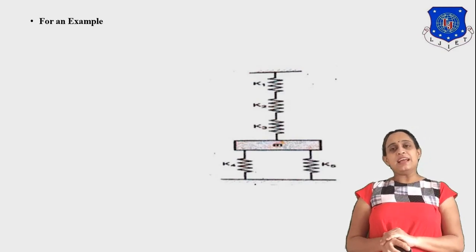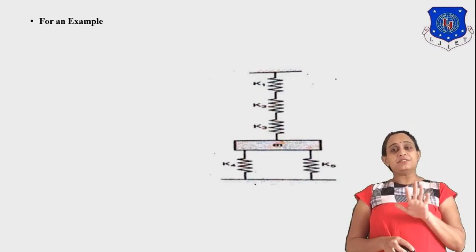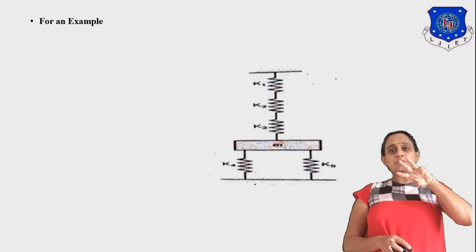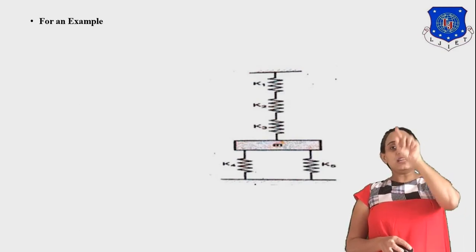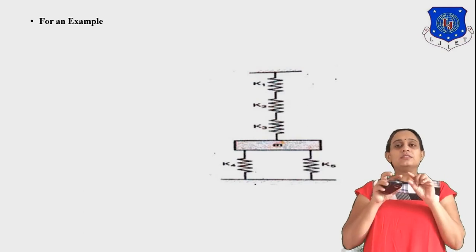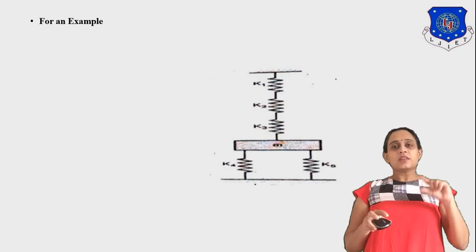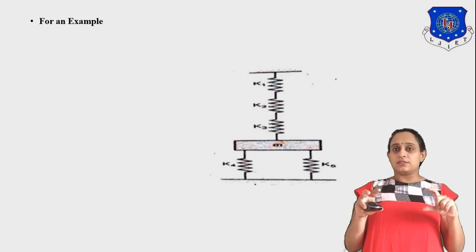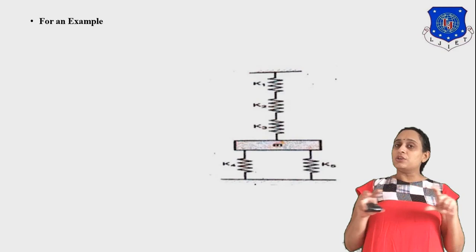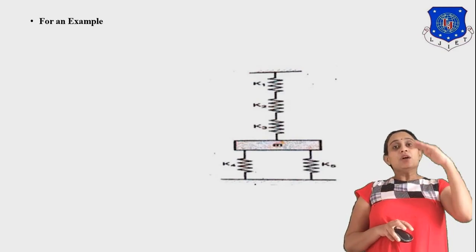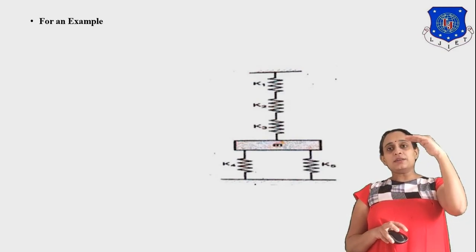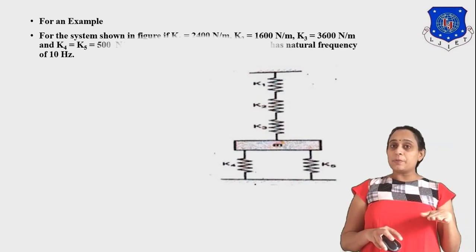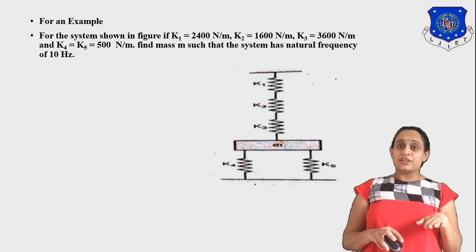For our example, as you see, we have nearly 5 springs. K1, K2 and K3, 3 springs are attached in series. As we see, in between there is a mass. K4 and K5, both the springs are parallel to each other. Okay, and they are at the bottommost position. Now, at the topmost part, it is a rigidly fixed support system. At the lowermost part, it is also a rigidly fixed system.